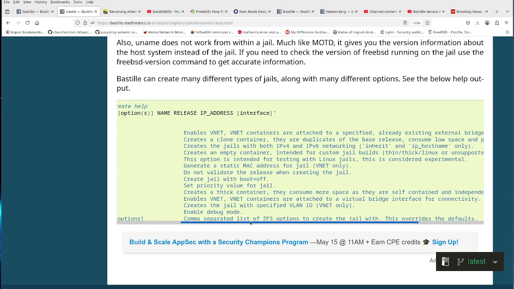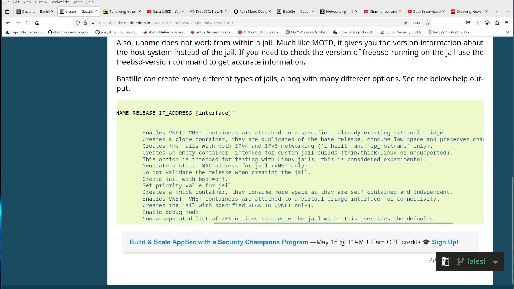Let me slide this over so you can see what it says. Bridged, the -B enables a vnet container attached to an already existing external bridge. This already existing external bridge is the part we have to do prior to creating